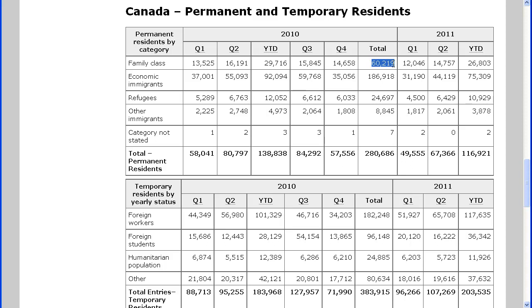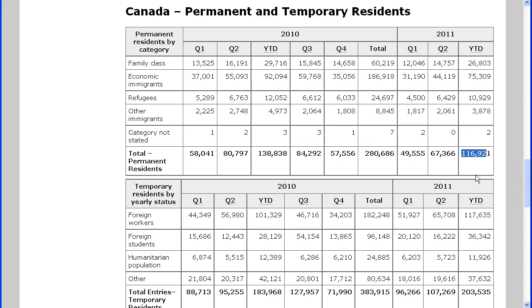So we can take a look at the numbers for three major categories. 60,000 people came in the family class in 2010. 186,000 came to Canada as economic immigrants, and 24,000 came as refugees or protected persons. So altogether, Canada admitted 280,686 immigrants to Canada in 2010. So far, this number is